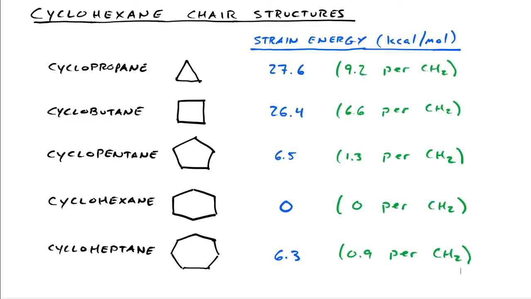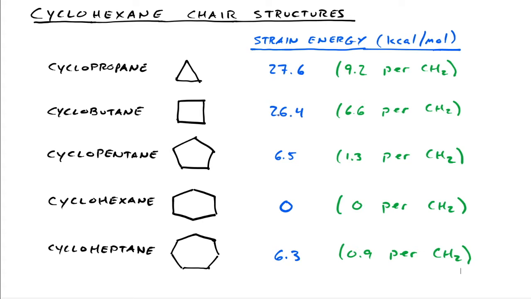Welcome to another video. This video focuses on the cyclohexane chair structures. And I wanted to begin this video by considering the 5 smallest cycloalkane rings, from cyclopropane on the top here to cycloheptane on the bottom. And the number in blue next to the rings is the strain energy of the entire system in kilocalories per mole as the unit. And what we can see here is that the cyclopropane and cyclobutane rings have substantial strain